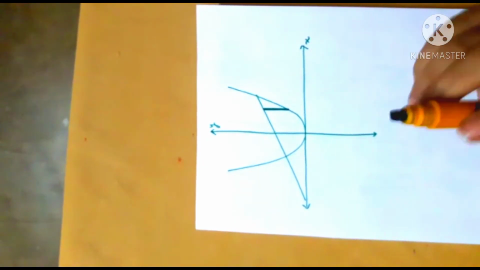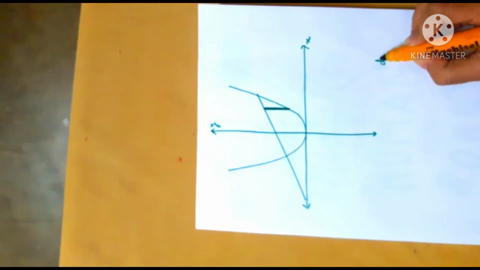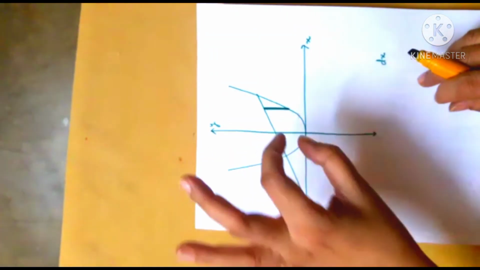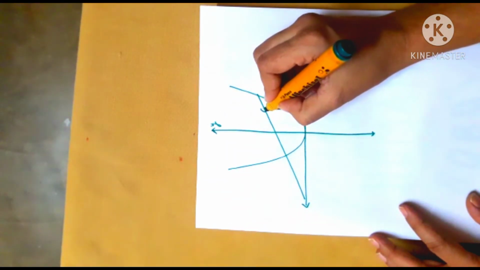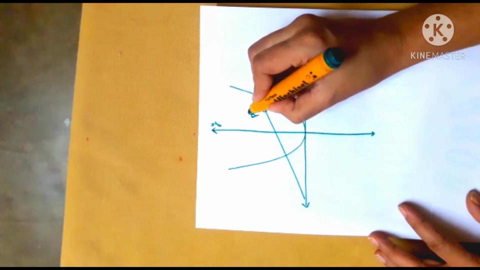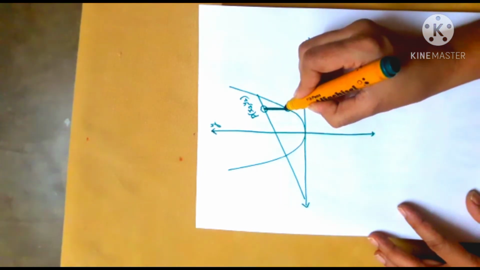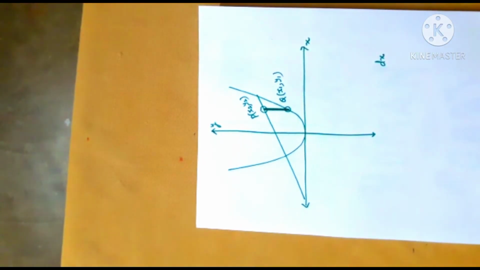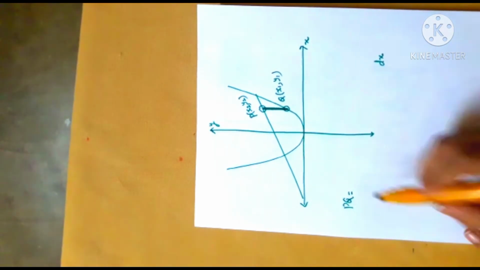Yes. Now try to understand this. I have taken a vertical strip here. This is the vertical strip whose width is dx, and to get the area of this vertical strip, I need to find out its length. That is this length. Now let this be the point P, x2, y2, and this be the point Q with coordinates x1, y1. So basically, the length of the strip is PQ. This I need to find out.